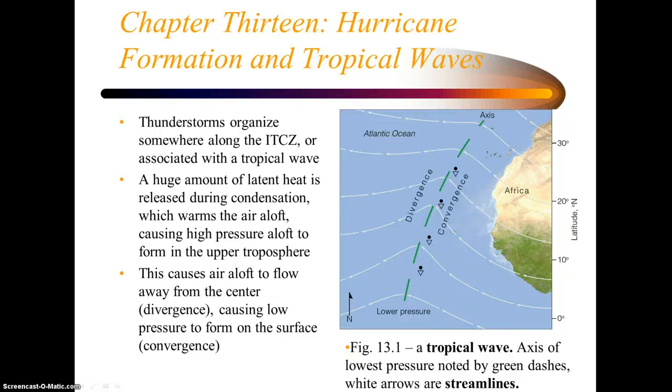That warms up the air aloft, and that causes high pressure aloft to form in the upper troposphere. That causes the air aloft to flow away from the center, causing low pressure to form on the surface. So what you have is a tremendous amount of divergence aloft because of the formation of the clouds and the release of latent heat, causing high pressure to develop aloft, which then causes convergence to form on the surface. Remember, we learned in a previous chapter that if you have strong divergence aloft, that promotes strong convergence on the